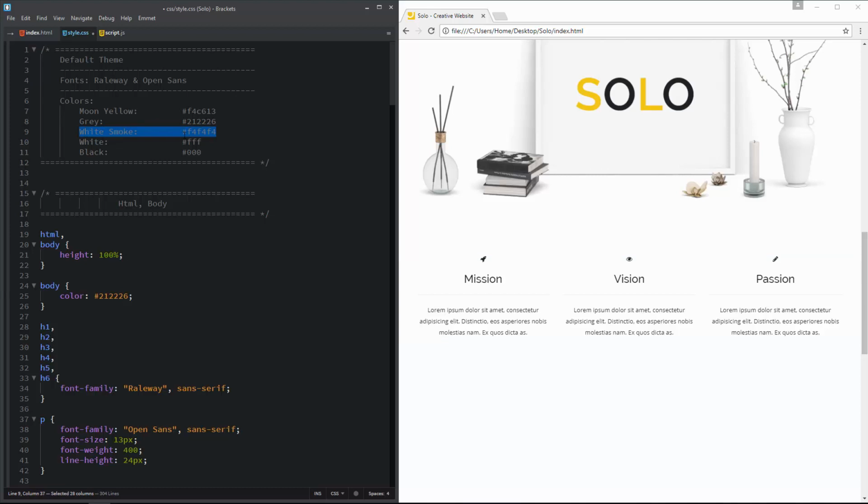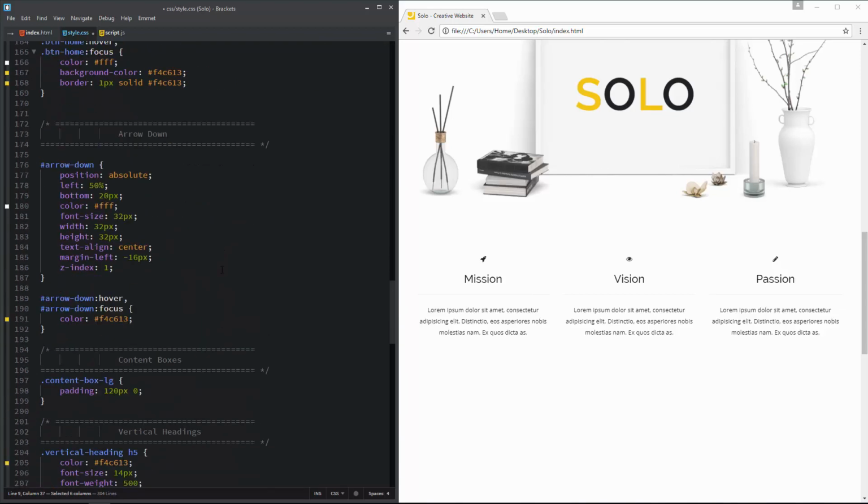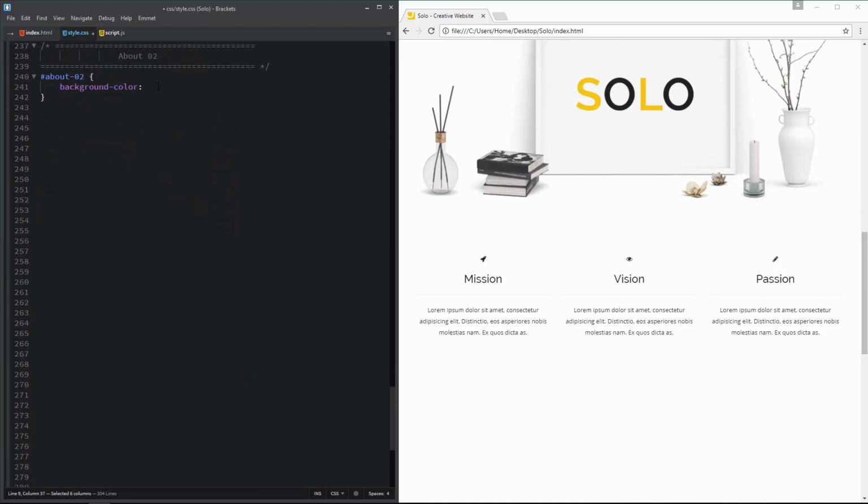The hex value for this white smoke color is #F4F4F4. Let us set this white smoke color as the background color for part 2 of the About section.